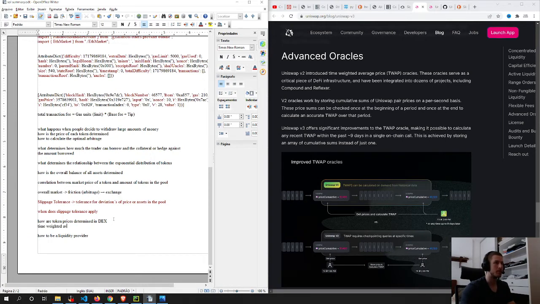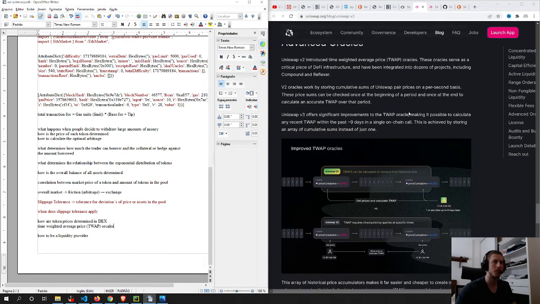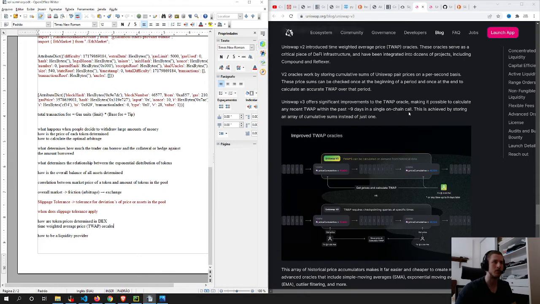Time-weighted average price oracles. These oracles serve as a critical piece of DeFi infrastructure and have been integrated into dozens of projects, including Compound and Reflexer. V2 oracles work by storing cumulative sums of Uniswap pair prices on a per-second basis. These price sums can be checked once at the beginning of a period and once at the end to calculate an accurate